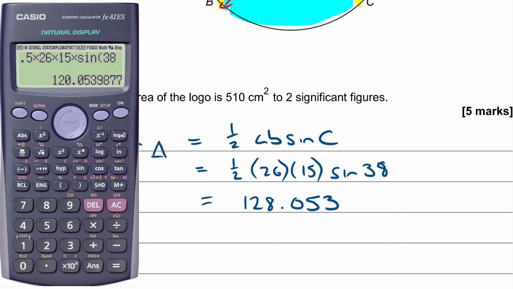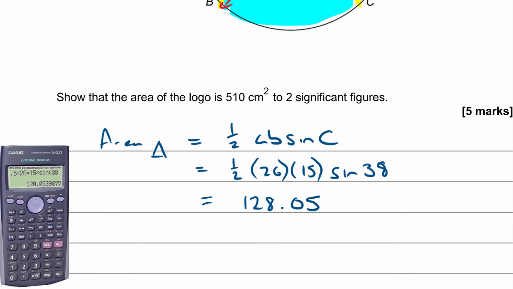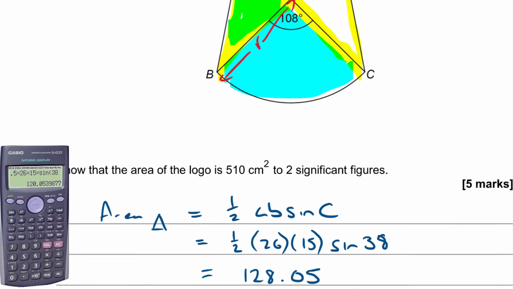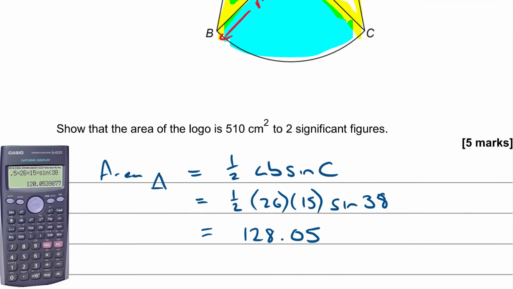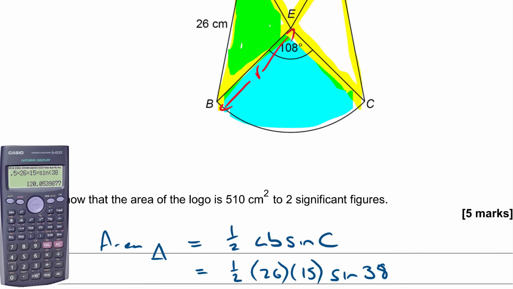Okay, I'm going to give my final answer to, oh actually I don't need to, it's only to two significant figures. Let's just round it off then. I'll leave it like that. Okay, so that's the area of one of my triangles. So then my sector, I'm going to need to know r first. So I need to know that